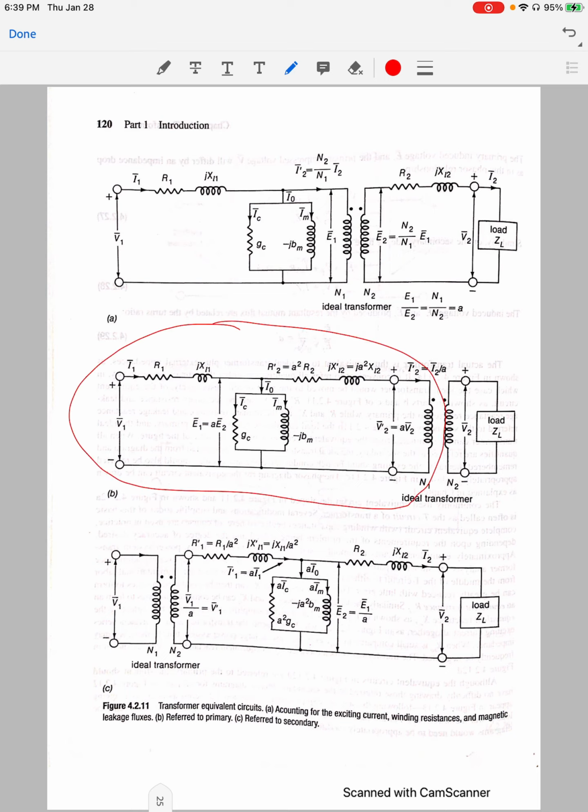Then in terms of the secondary side, this is what it looks like. Don't be worried that it looks complex, it's just a matter of equivalent circuit diagrams. They are made exactly to simplify our approach to solving